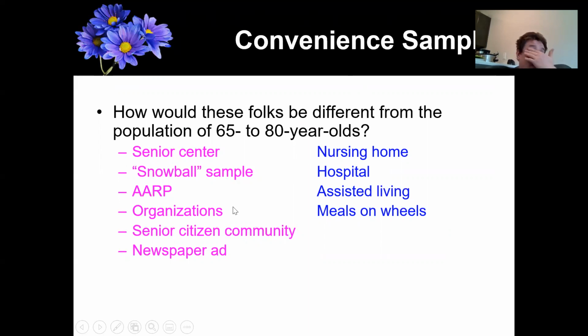Okay, so that's kind of an important factor to consider, is that when you pick a different sampling method or a different place to get your sample, certain things might change with it, right? Again, people from an organization might be more cognitively intact than someone from a nursing home or hospital or assisted living. And it all just kind of depends on what you're interested in studying, as always, because it depends on what you're dealing with, right?